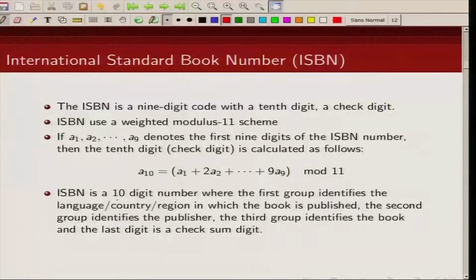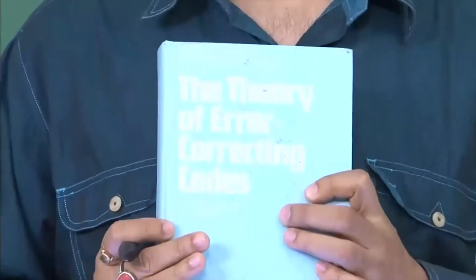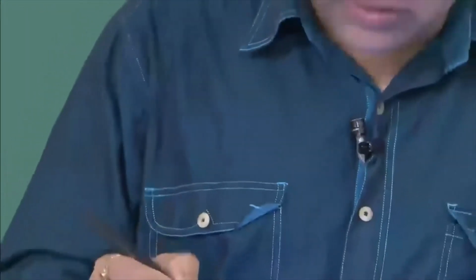An ISBN is typically a 10-digit number where the first group identifies the country or region where the book is published, the second group identifies the publisher, the third group identifies the specific book, and finally the last digit is a check digit. So, let us take an example. Let us take this book, one of our reference books that we are using, The Theory of Error Correcting Codes by MacWilliams and Sloane. If we look at the ISBN number for this book,